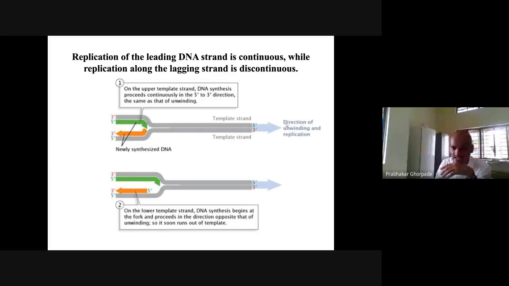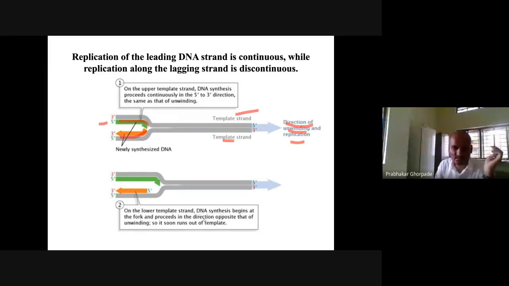So this is what we're talking about. This is the direction of unwinding of replication. This one is a template strand, and this one is a template strand. Now this one is going in this direction, and it is going in the other direction. So one is the upper strand. DNA is processed continuously in a 5' to 3' direction. So this strand is going in a 5' to 3' direction. Okay, it is a continuous direction. But the lower strand,